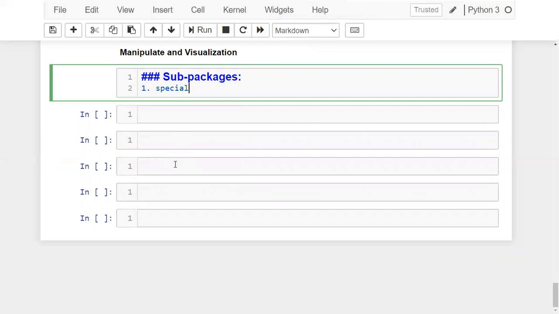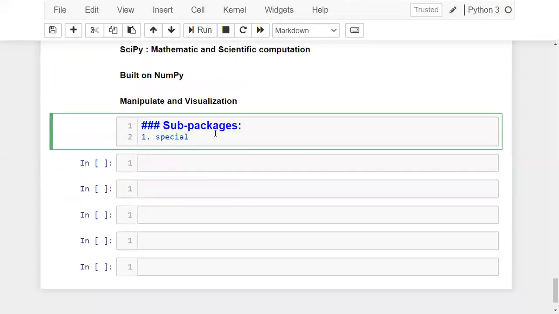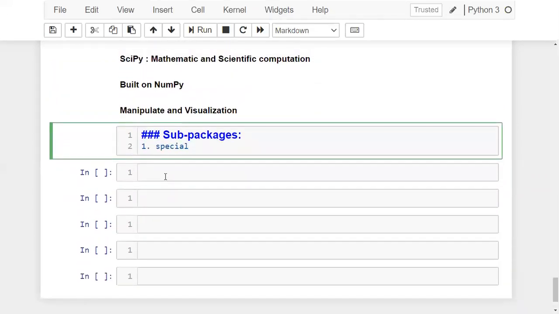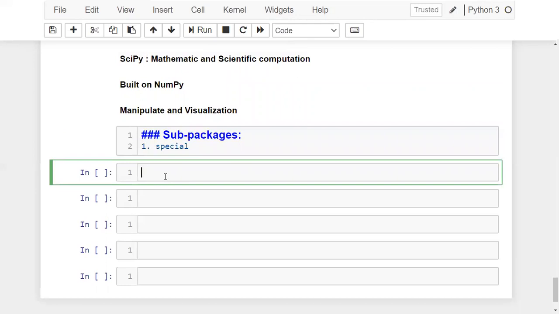We'll discuss that special package first, and then I'll give you the list of sub packages available in your SciPy package. Before using special, first you need to import that special sub package from the SciPy package.